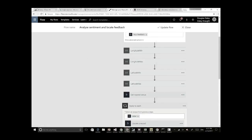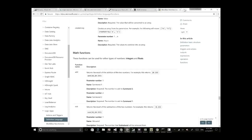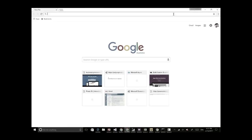So if it's built on Logic Apps, does that imply that Logic Apps has more of the functionality, and some of the things that Flow doesn't have? Yeah. Why would you use Flow and not Logic Apps? So the easiest way to think about why you would pick up